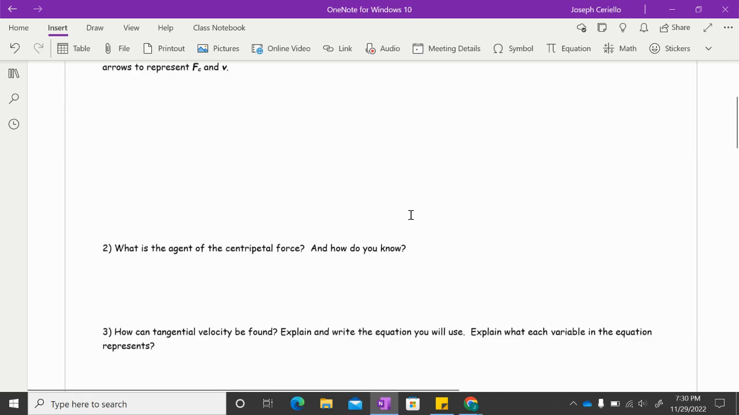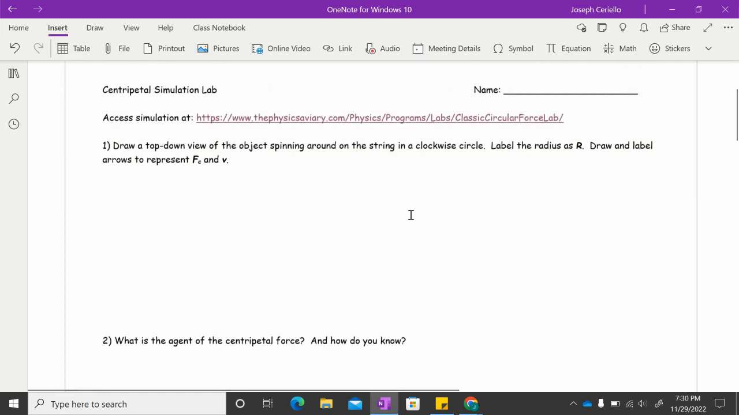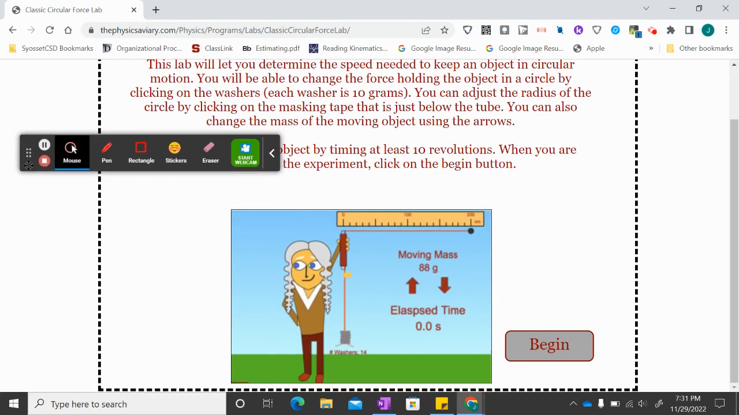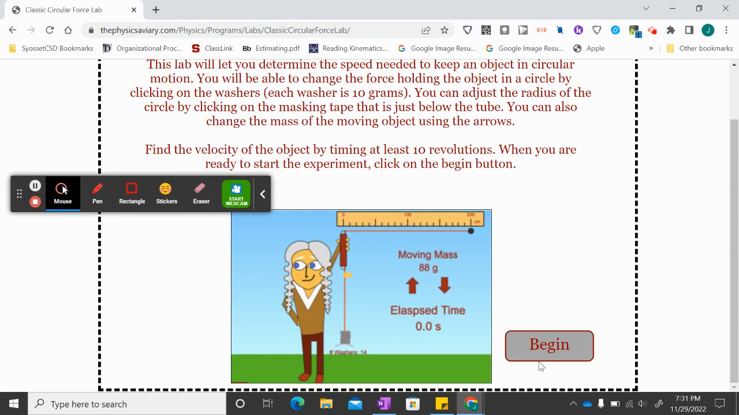All right, so without further ado, let's get going with the simulation. So there's the link to it. The link is easier to access if you go via the PDF available on Canvas. All right, so here's the simulation. It's a little bit dated, but it's pretty good. You got Sir Isaac Newton in this one. So if you click on Begin,